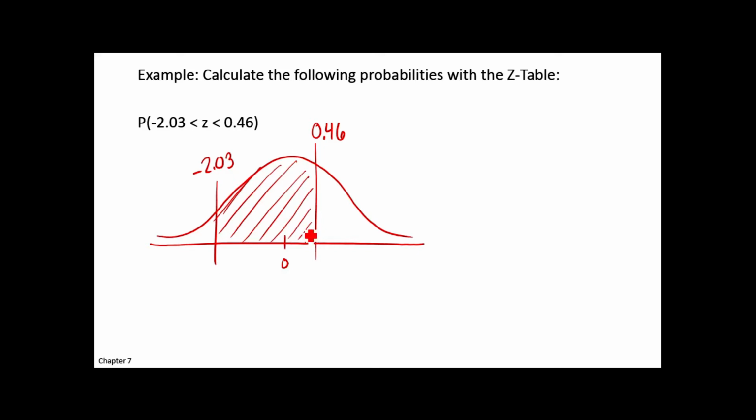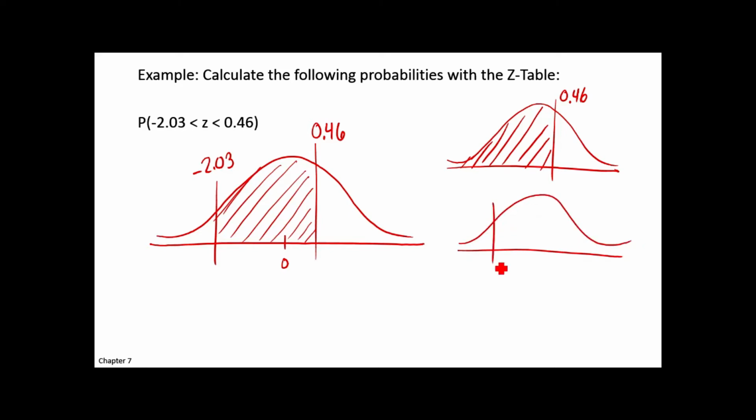Yeah, so what we could do is use this probability down here in the tail. Say here's 0.46. Could I look up that probability in the table? Sure. And here's negative 2.03. Could I look up that probability in the table? Sure. And then what would I have to do with those two probabilities to get the one I'm interested in? What I really want is everything below 0.46, but then subtract out everything below negative 2.03. That'll give me what's left here.